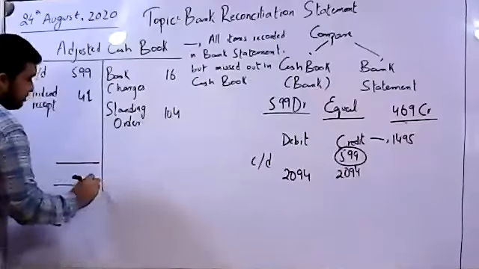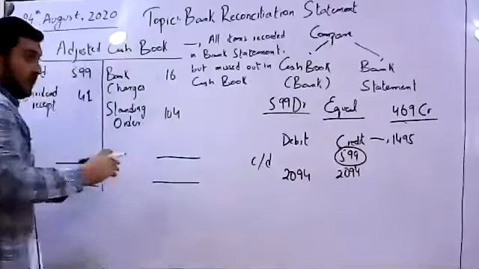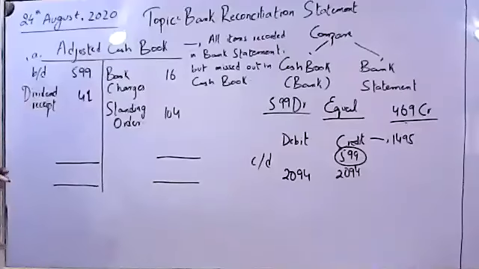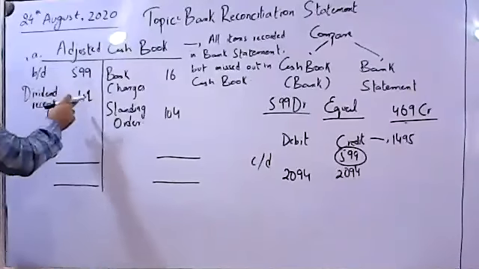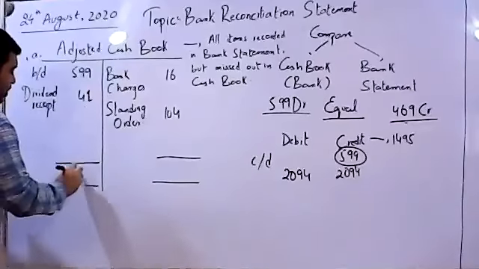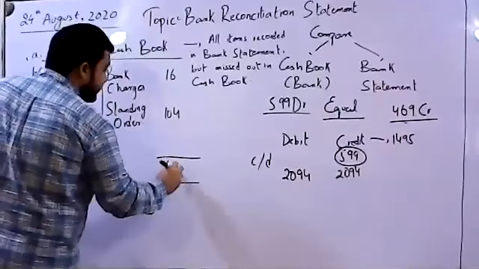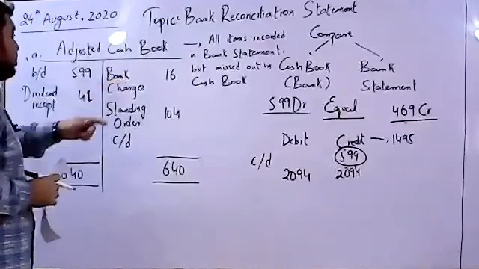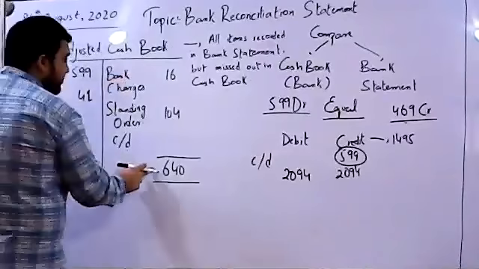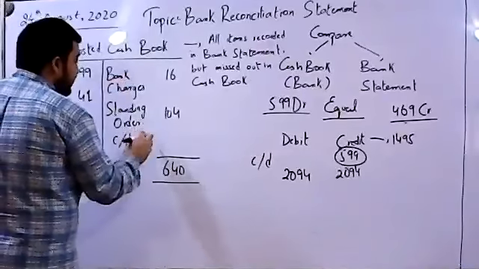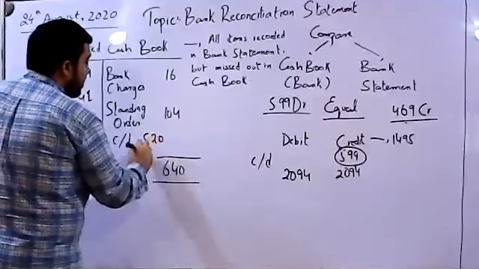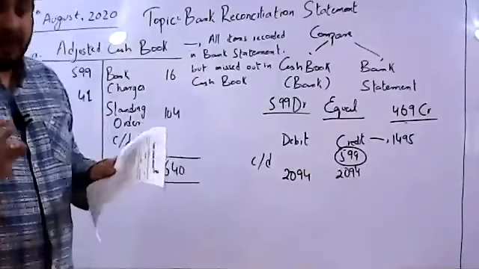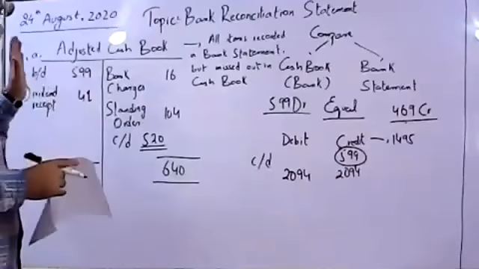Now, this is all. We have compared the complete bank statement with the cash book. And now we are going to calculate the new adjusted cash book balance. Well, the total of this side is higher, which would be quoted on both sides. And the carried down would be coming on this side. The total of this side is 760. What if we deduct 120 out of 640? The answer would be 520, which is the new balance as per the adjusted cash book. I hope it is clear to everyone. This is the first part, the adjusted cash book.